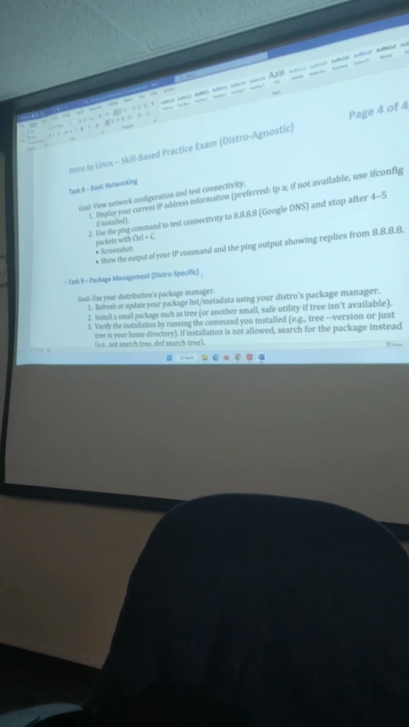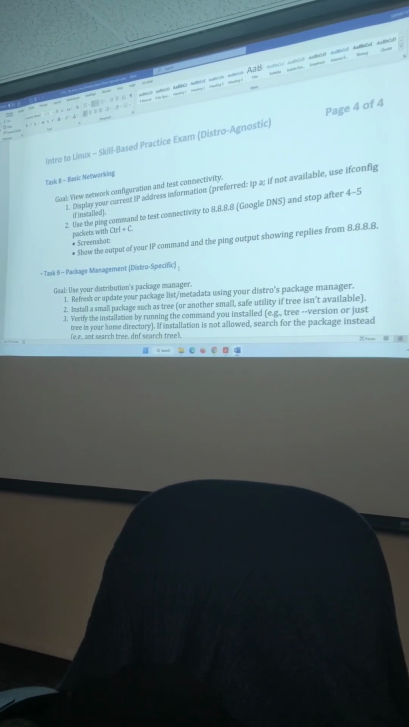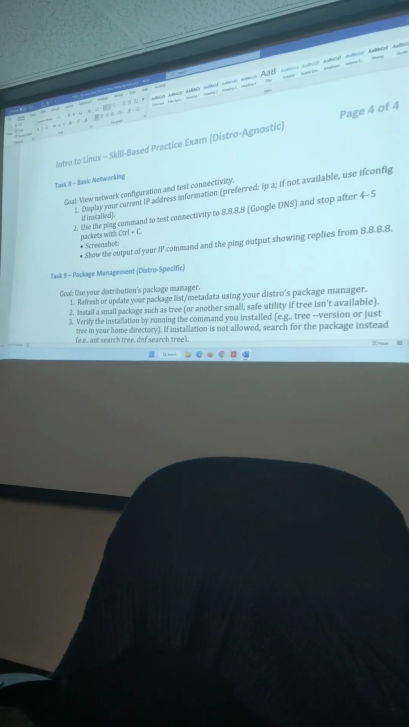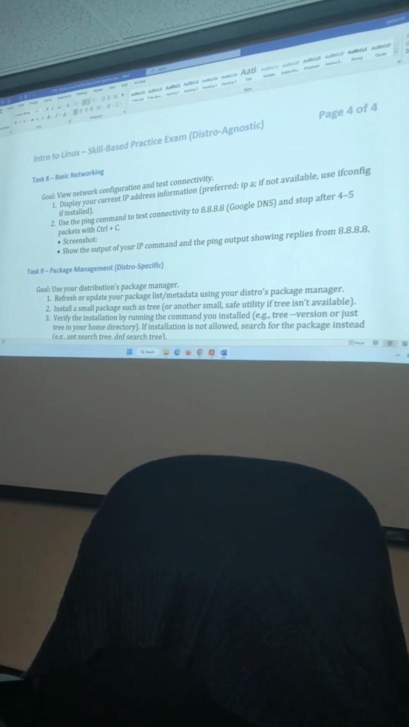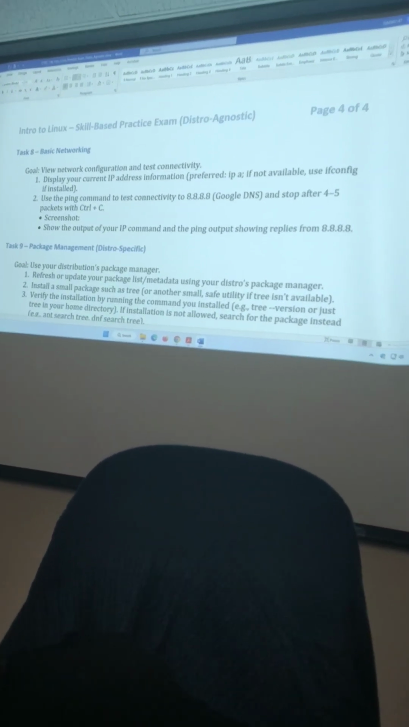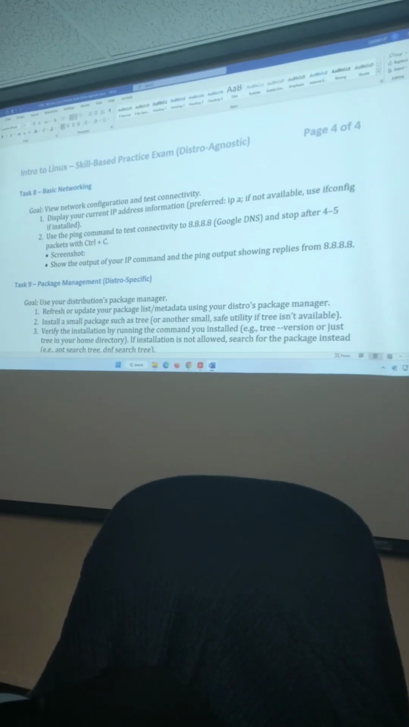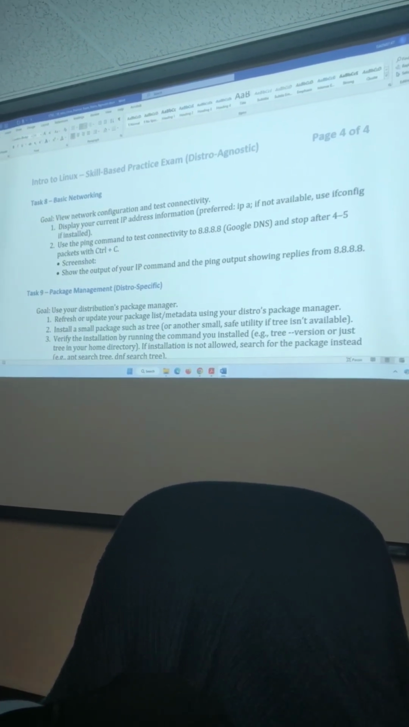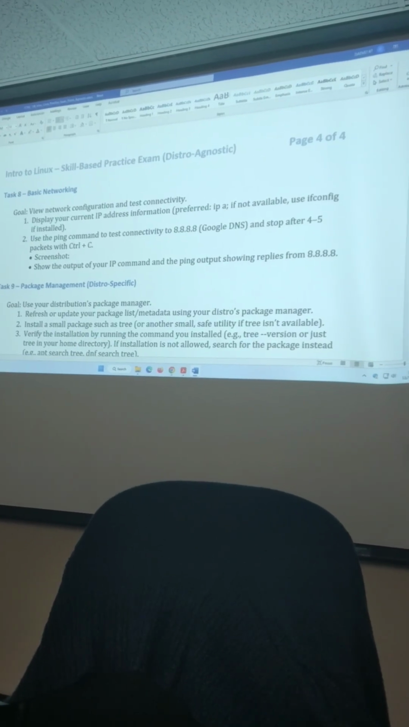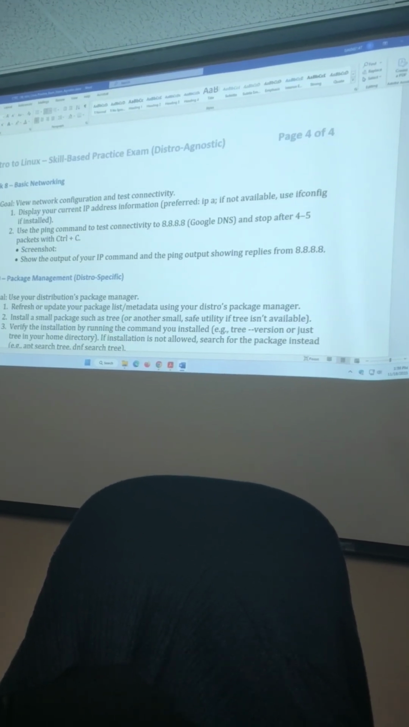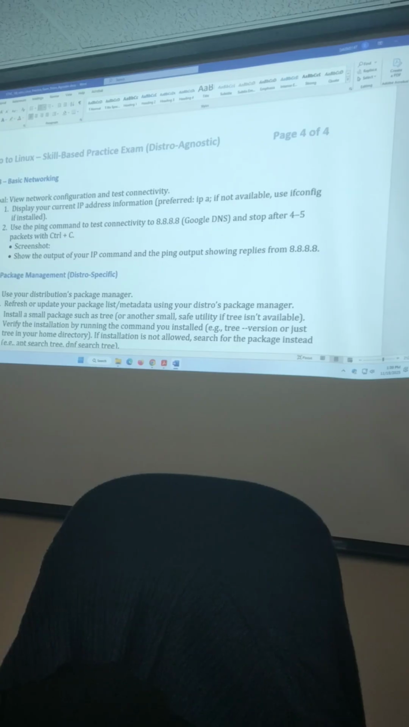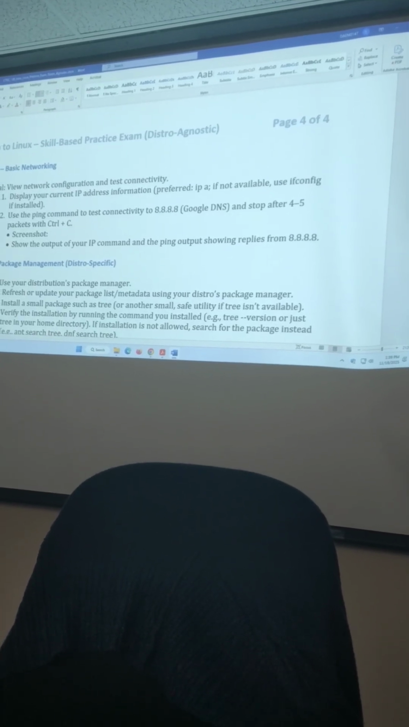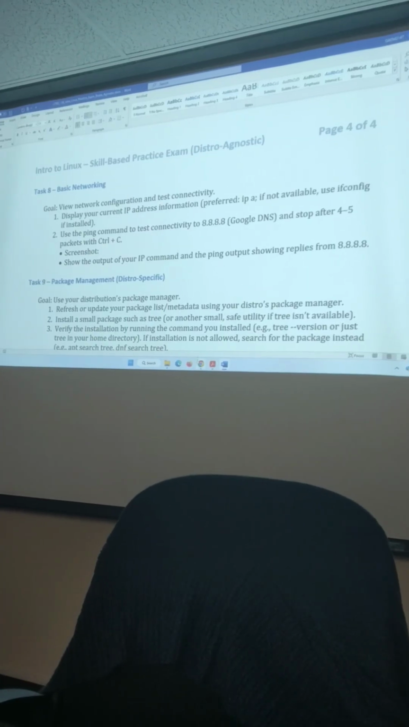Number 8. This is what we just finished covering, or you're working on. Display your current IP address. You should always know what your IP is. Prefer ip a, if not available, use ifconfig. Use the ping command to test connectivity to Google's OpenDNS, 8.8.8.8, and stop after 4 to 5 packets with Control-C. Pretty straightforward, so let's see. Let's take a look at